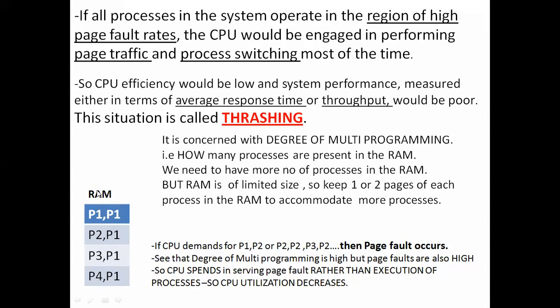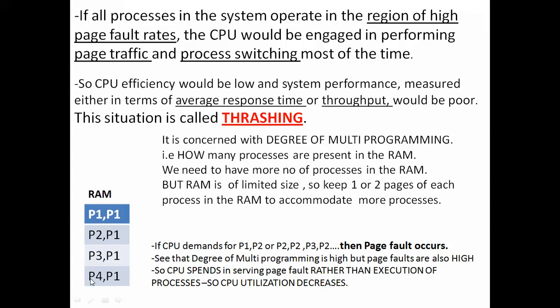Okay. So here what we're expecting is that I should be able to store more number of processes. Thereby, I can increase the degree of multi-programming. How to define this degree of multi-programming? The number of processes stored in the main memory or in the frames indicates the degree of multi-programming. And for good performance, what we expect is that I should be able to store more and more